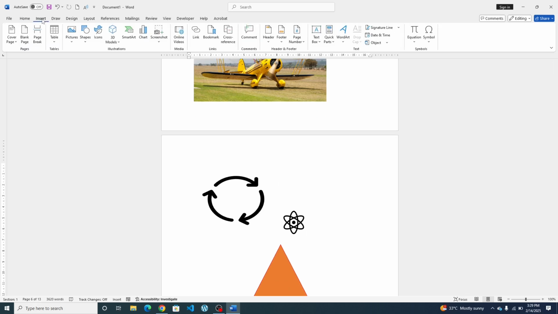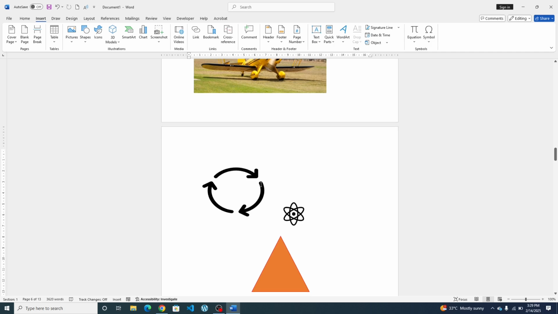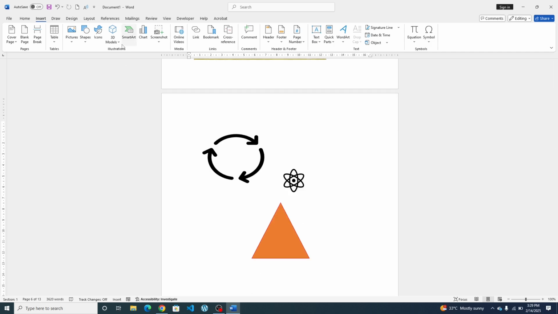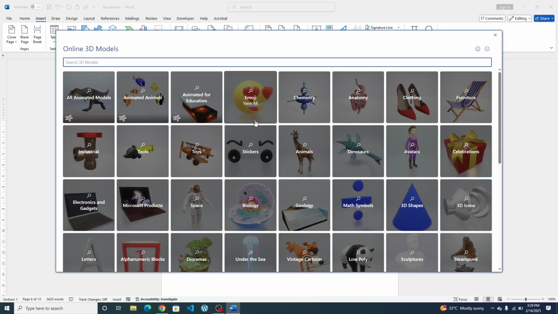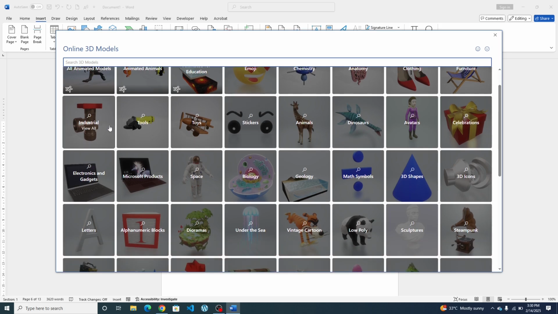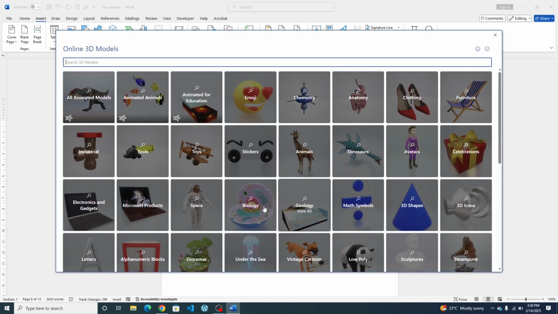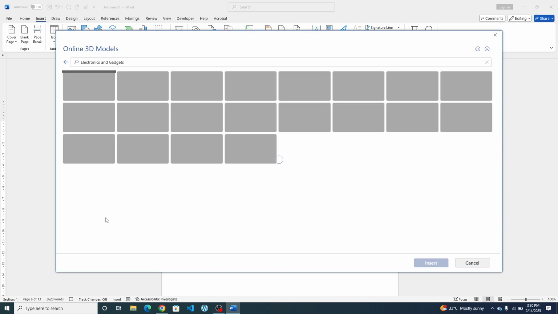Going back to the insert tab, next is 3D models. Microsoft gives me the ability to insert 3D models into my Word document. If I click on this 3D models option, we can insert from this device or from the stock 3D models. So I select the second option, and now I have these 3D models here. They are also in categories. You can pick any of them. Let's take this,